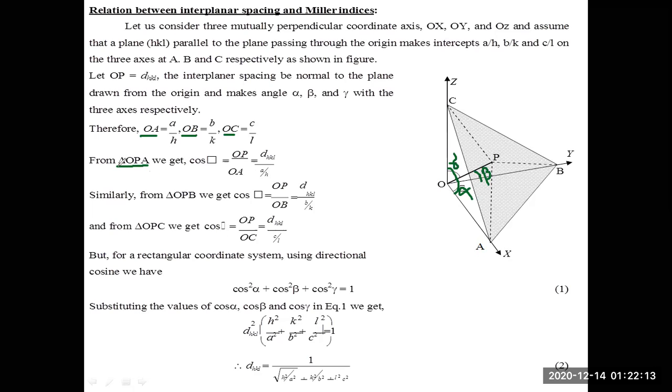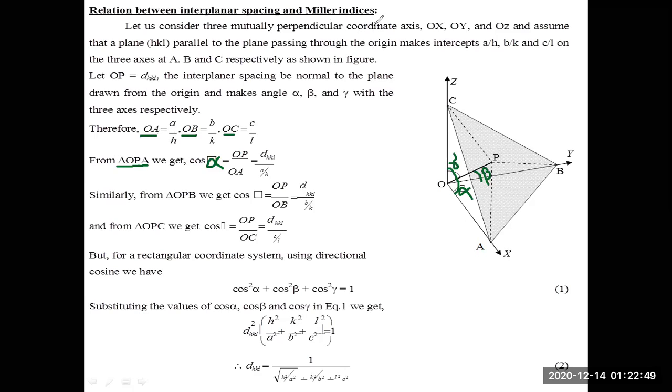So what trigonometric ratio do I have to take here? We get cos alpha. You can see that square bracket, that is actually alpha. Here I have to write this as alpha. So cos alpha is equal to adjacent by hypotenuse. In any right angle triangle, what is OP? OP is your adjacent side, right? And I'm talking about OPA, so the angle is alpha. So OP by OA is adjacent by